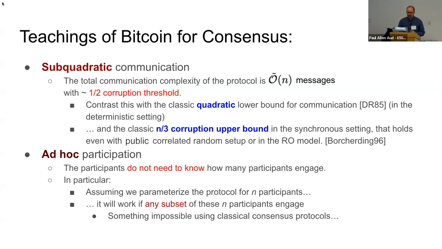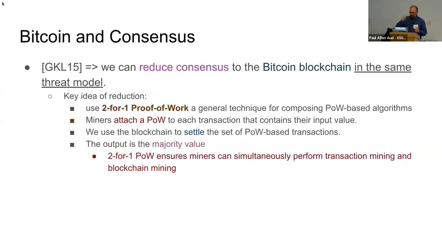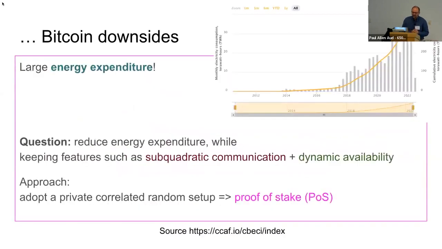Not the case for the Bitcoin blockchain. So these are some interesting features of the Bitcoin blockchain, but, as you all know, there are a bunch of downsides. And that's not the only downside, but it is one that is frequently mentioned and very much discussed, especially at a time when we're all very careful about the way we use energy. So there is a huge energy expenditure that the Bitcoin blockchain requires. It is on par with basically a medium-sized country.